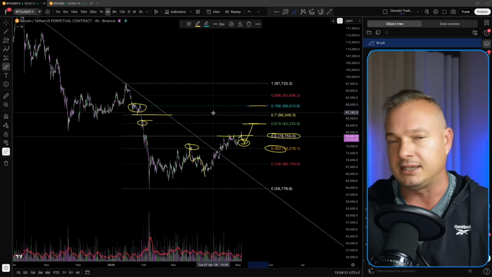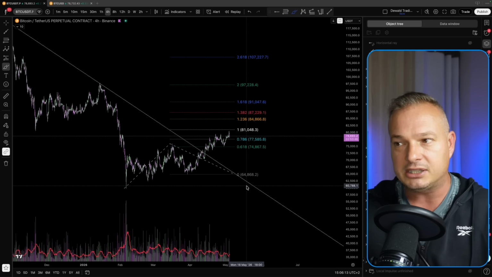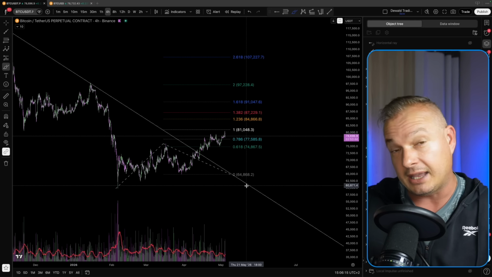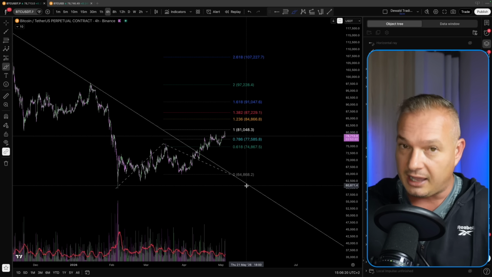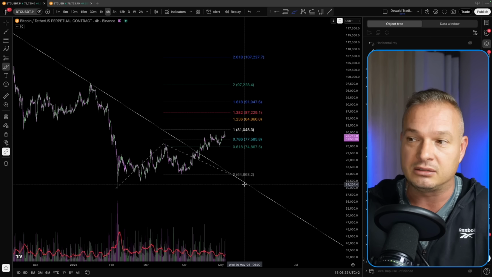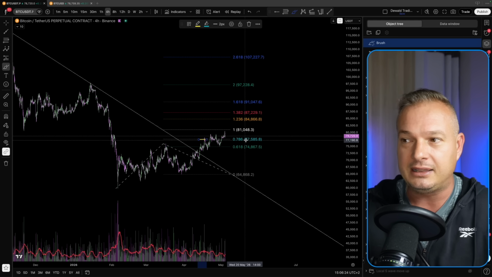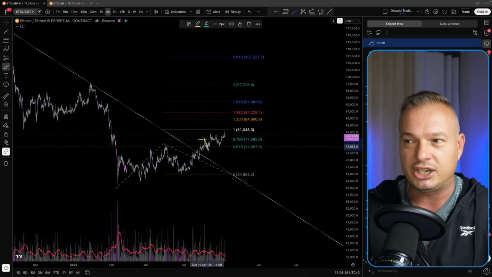I've taken a trend-based fib extension. It's basically your second option on this menu bar, and I've taken it from the low to the high of the structure to the low of the structure, and then you have your levels here to the upside. Interesting to note that every time price hits one of those levels, it gets a rejection, and at some point price could hit one of those levels and get a nice deeper correction to the downside. You can see when price hit the 0.7, it got a nice little rejection to the downside.